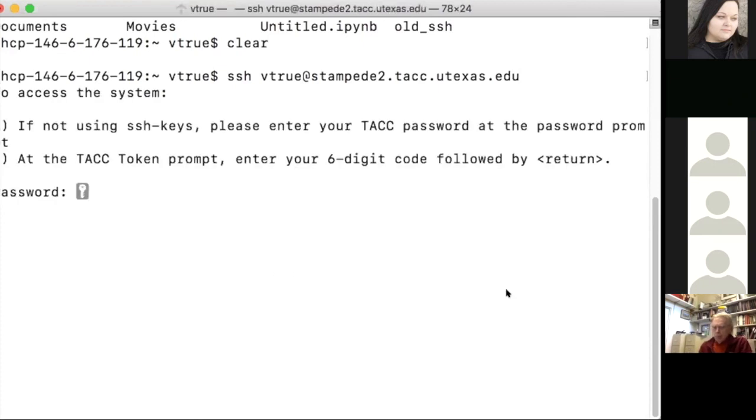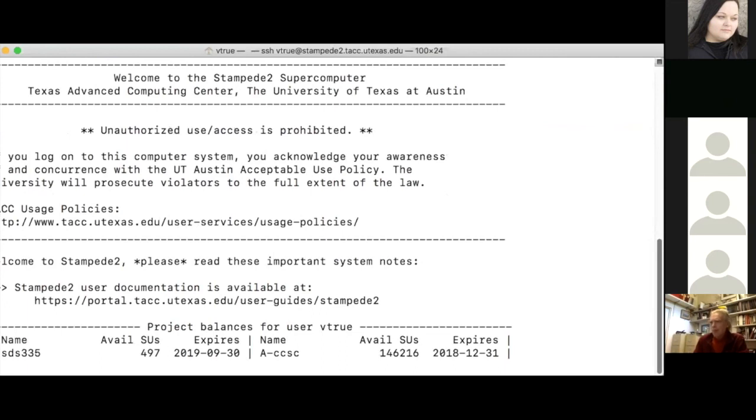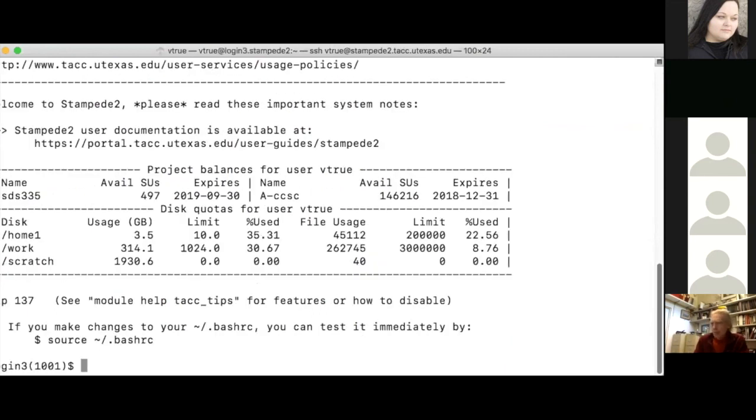And then you'll get the prompt for your password, and then the prompt for the TAC token code, because I'm logging in directly. This is not the code you'll need if you're logging in via single sign-on. But that will put you onto the login node. Like here, because I did a long form, it put me directly onto login 3. So you can see that here.